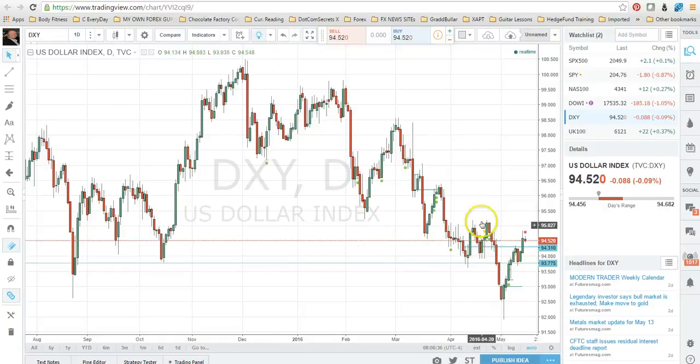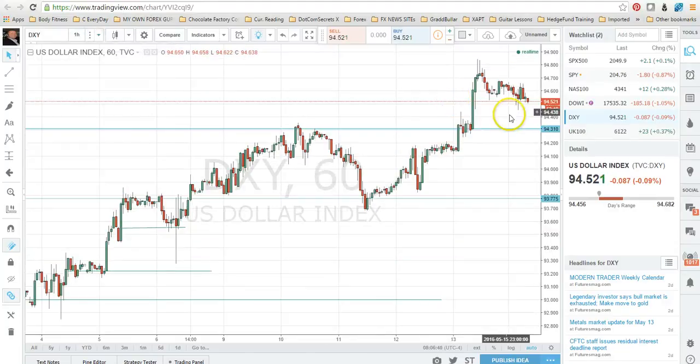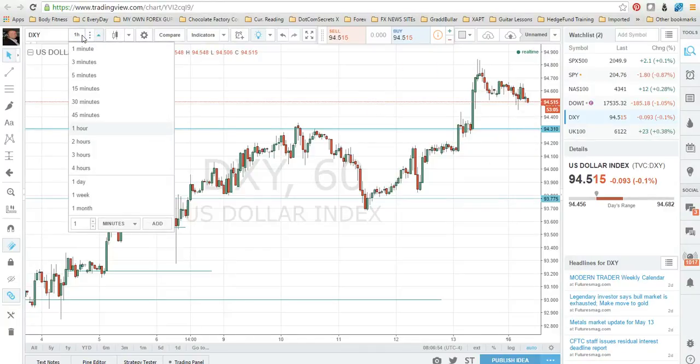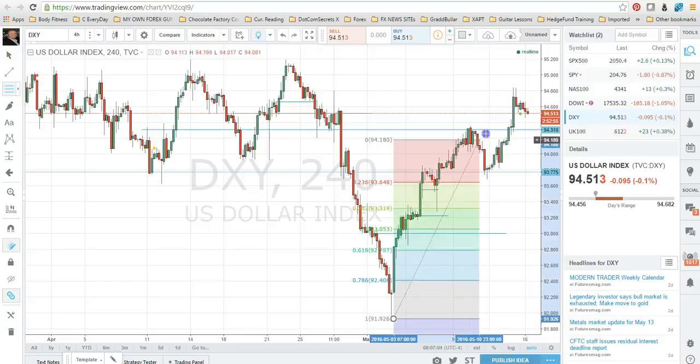As we saw on the daily chart, we're sitting right against a support line, or resistance. So we do believe that it will turn a little bit, and if we go down to 1 hour, you can see there's a consolidation right here, trying to figure out where it's going to go down to. So again, we believe it's going to come down to 94.31 and then turn around again. We can pull a fib in on this just to see how that looks. We go from low to high,